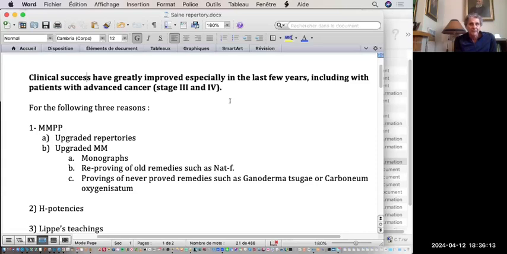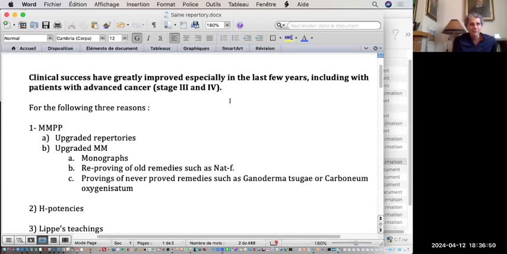I had a son that was 10 years old 10 years ago that developed a very, very severe type of cancer, probably one of the most severe, fast-growing cancers ever known. And at that time, I realized that as a homeopath and as a homeopathic profession, we were not ready to tackle patients with the most serious type of cancer. So in the MMPP during the last 10 years, we have worked a lot on developing remedies that will address patients with cancer.